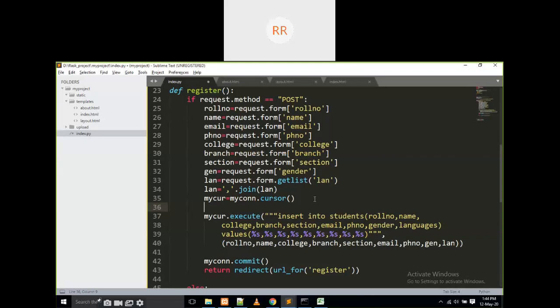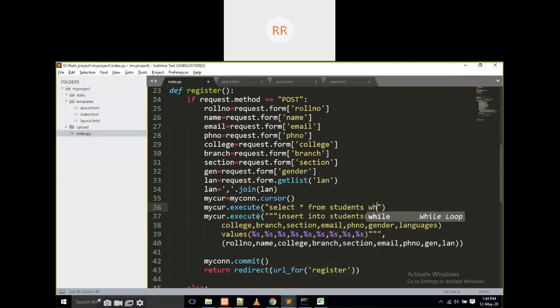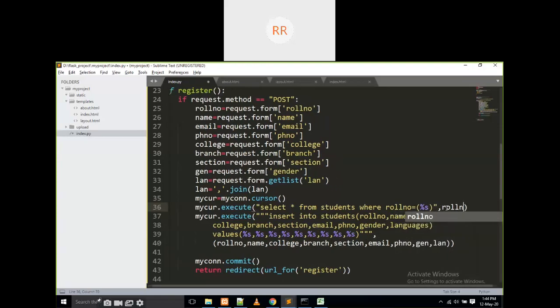How to select, to view the data? I am going to write my cursor dot execute of select star from, what is my table name? My table name is students. I am going to write where roll number is equal to percentage s, comma, the roll number.